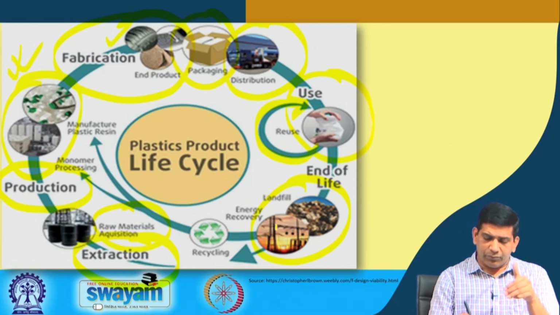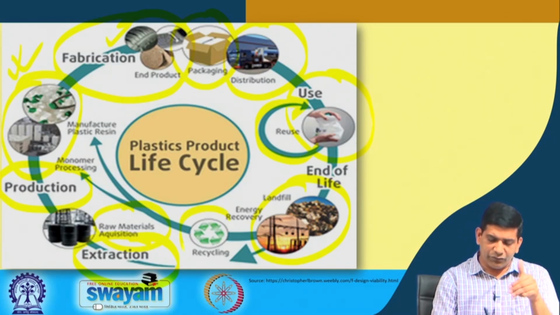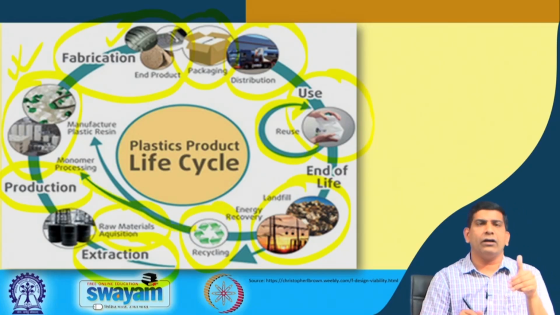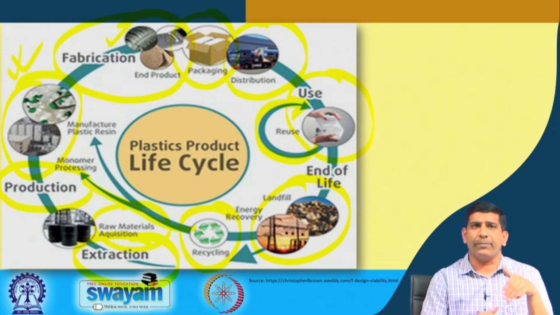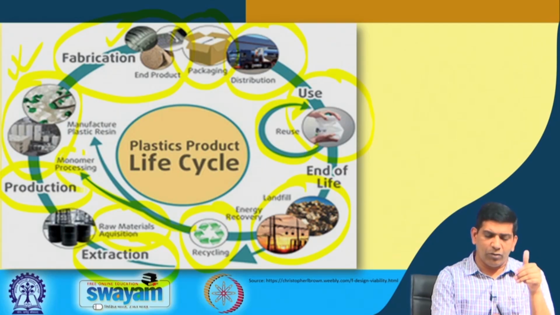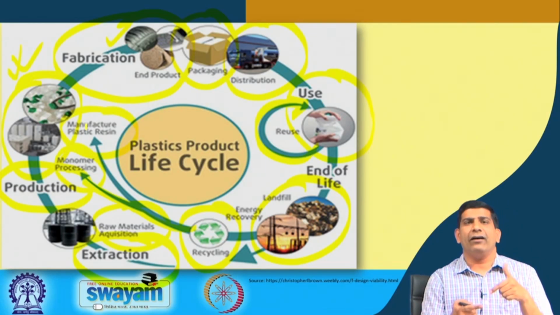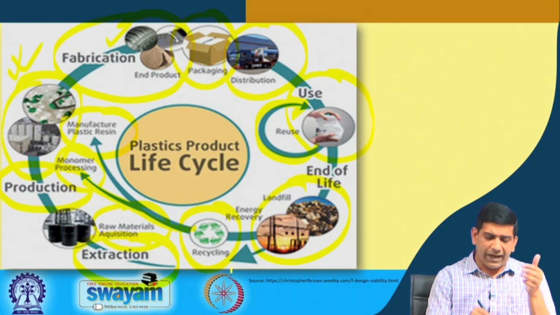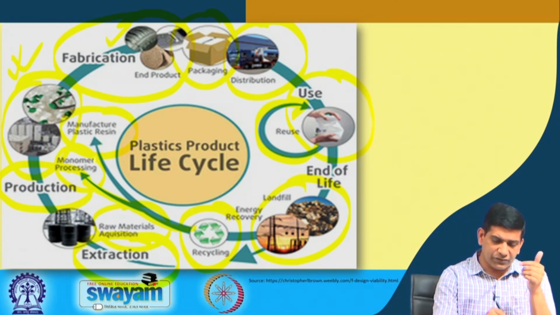where we are trying to recover the material, we are trying to recycle the material, we are trying to bring it back into the different pellets, which we talked about in the earlier week, if you remember, when we were talking about plastic recycling. So, we are trying to do the monomer processing, we are manufacturing those plastic resins. I think we talked about that at the beginning of the last week. So, and then when you do it and you bring it back into the production,